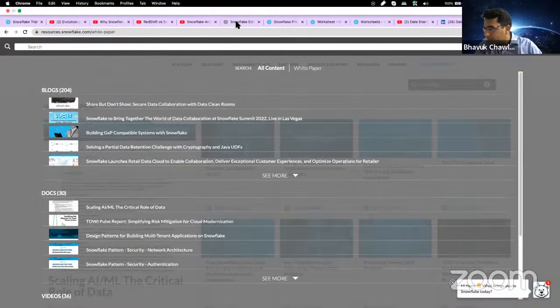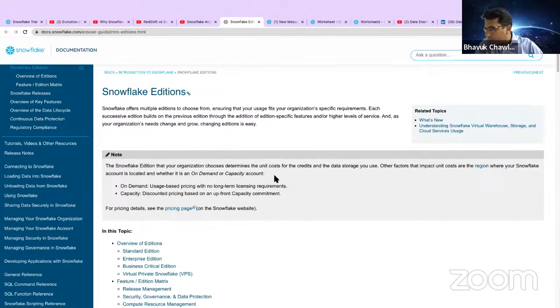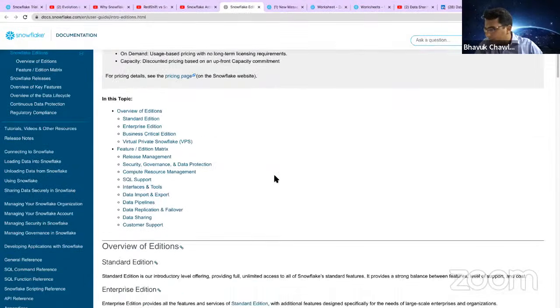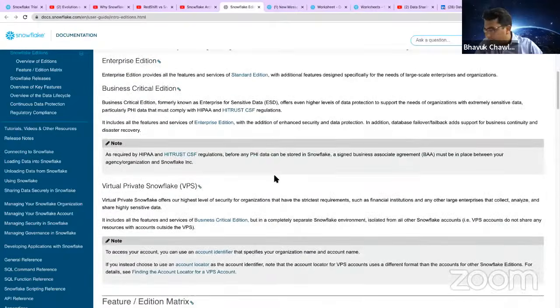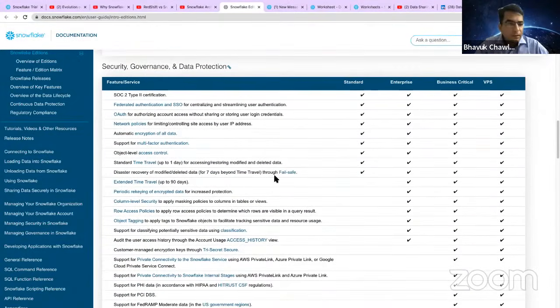Okay, so let me go inside the editions of Snowflake. Once you go inside the editions of Snowflake, you will see there is a comparison with regards to various security and governance data protection features. So Joshua, in case you are interested to know about security, I would encourage you to go through the white paper and also refer to this particular